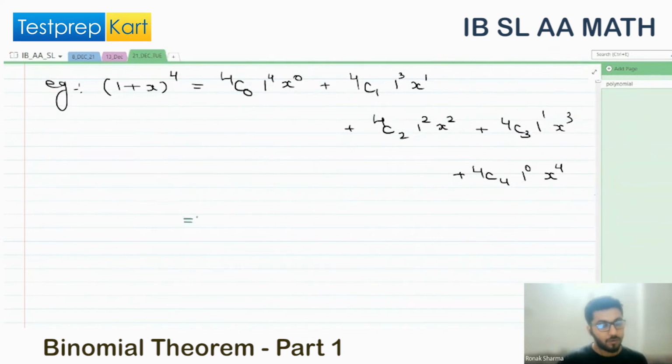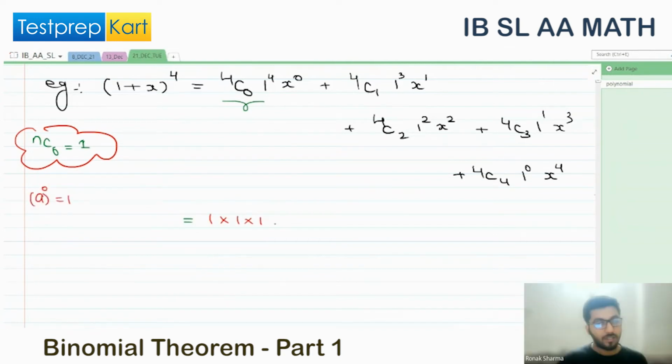What will be the value of 4C0? 1. Yes, 1, you are correct. nC0 is 1, so 4C0 is 1. 1 power 4 is 1 only. x power 0 is 1. If you remember, any power 0 is 1. Then the 4C1 value will be